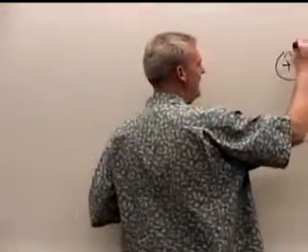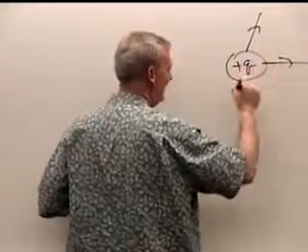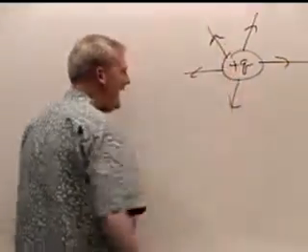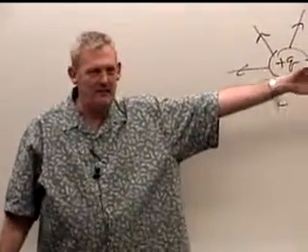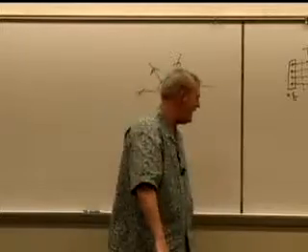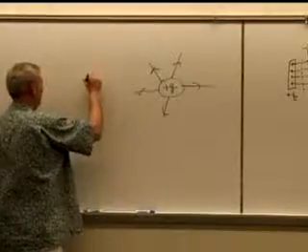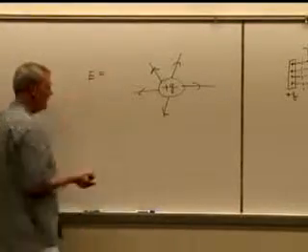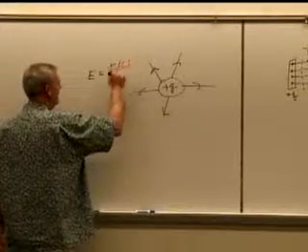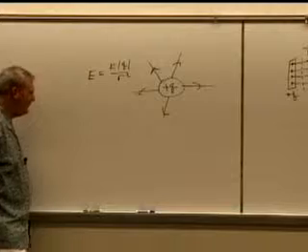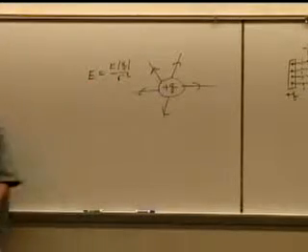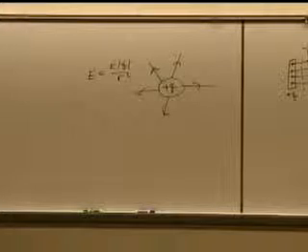It has electric field lines coming off of it like this. And the further we get away from it, what happens to the E field? It decreases, right? It goes down because the magnitude of the electric field for a point charge is E equals kQ over r squared. And the further away we get from it,